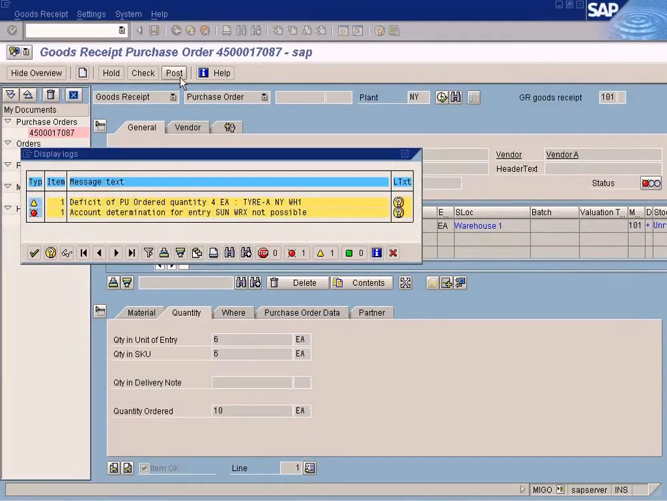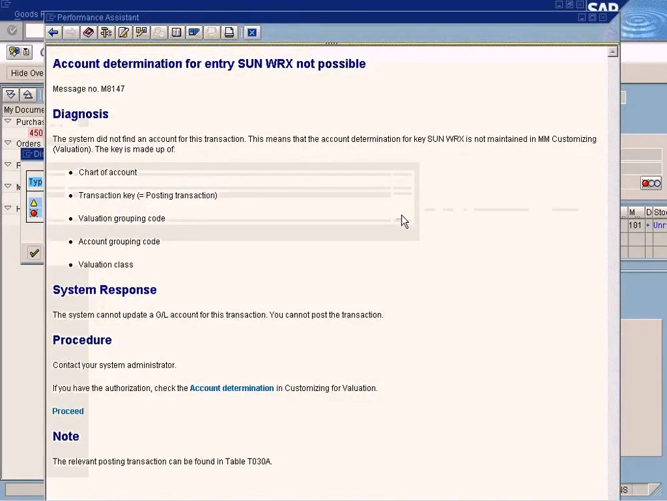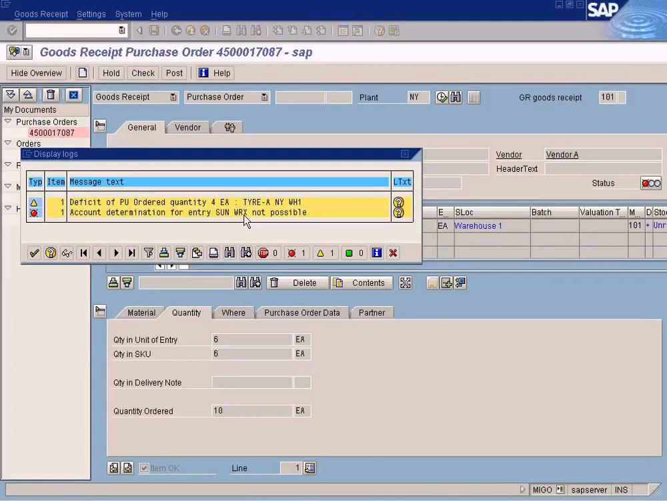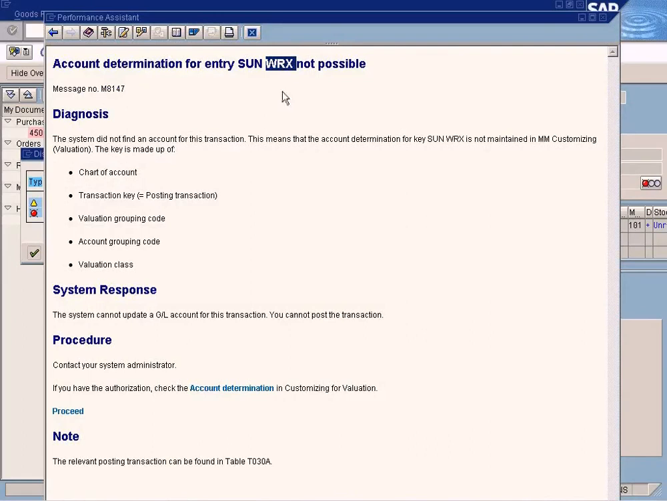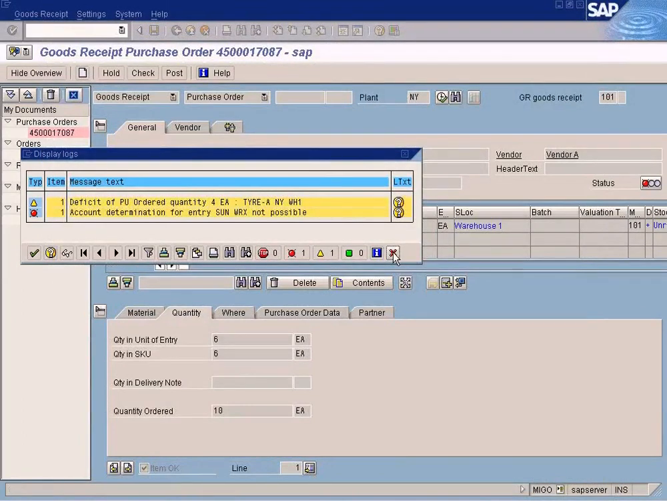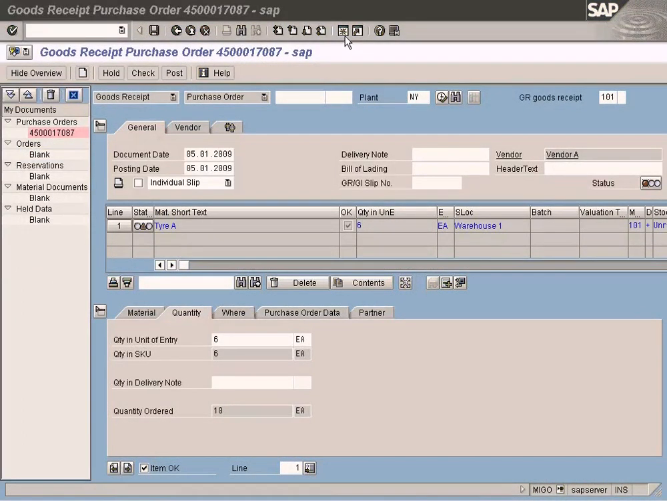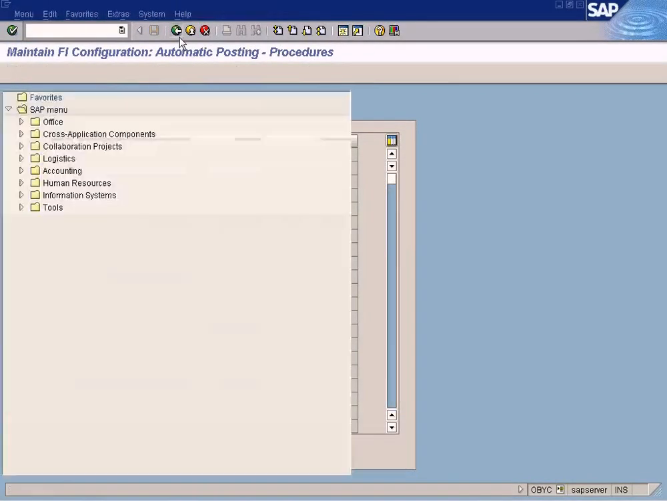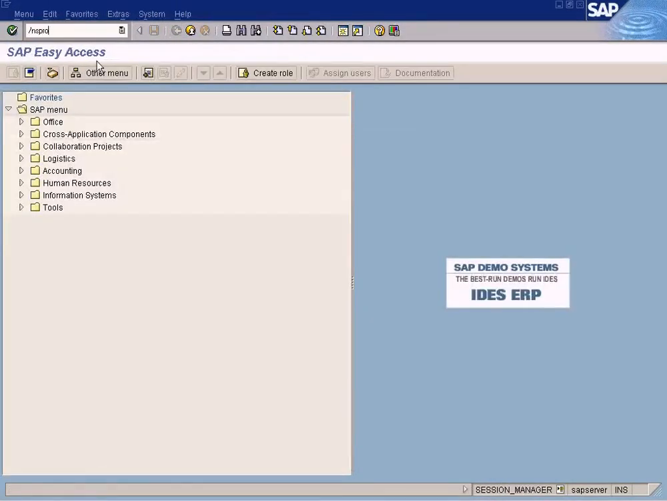Right, so let us see whether we can post it now. Post it again. Account determination not possible. Alright, the BSX error message has been cleared, but there's one more automatic account assignment, which is WRX, which needs to be set, which is not set here. Let me go and just set it. OBYC,